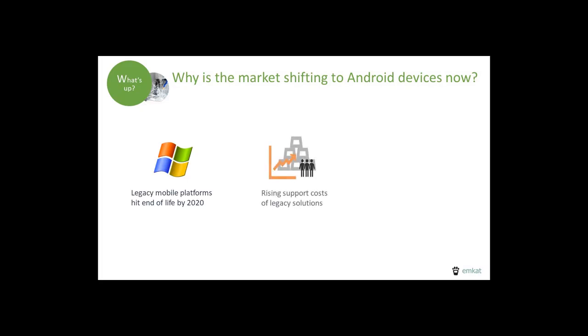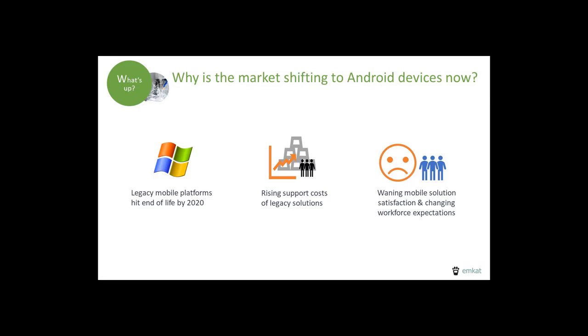Secondly, the cost of supporting and maintaining legacy solutions and applications is increasing. Repairs are definitely expensive, and management tools are not as comprehensive on these older solutions. The third major thing is the changing expectations of the incoming workforce. Touch support is limited on the older devices, and the newer workers are not familiar with a device that feels like it's 15 years old. Keep in mind that some of these workers have never even played a Nintendo 64 or know what a Palm Pilot is.